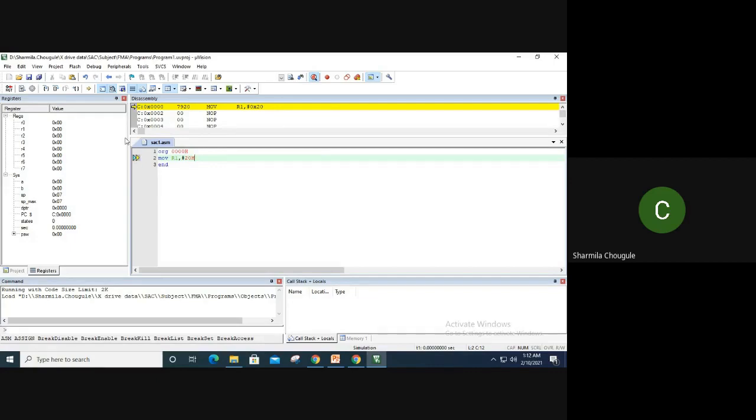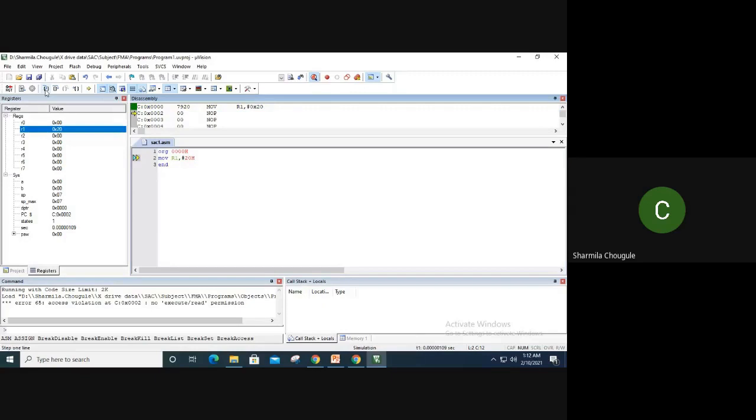I'll show you a single line. Just observe that after execution of this instruction cycle, the value of R1 will change. Okay, so I'll execute this line. Got it? That means the register R1 has the value 20, and you can check the result that R1 has been changed to 20. Got it? Yes.